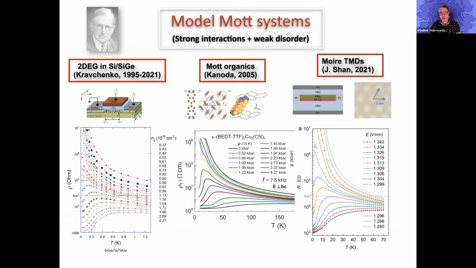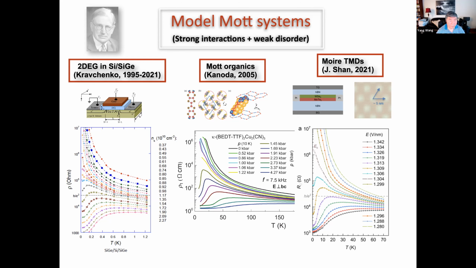The reason why we have been able to make so much progress is because not only do we have some development on the theory side, but we also have a number of new systems that have been developed and refined experimentally, and that allow us to study the Mott transition, specifically in half-filled bands, where you vary the Fermi energy either by changing the carrier concentration or by simply applying pressure or some other parameter.